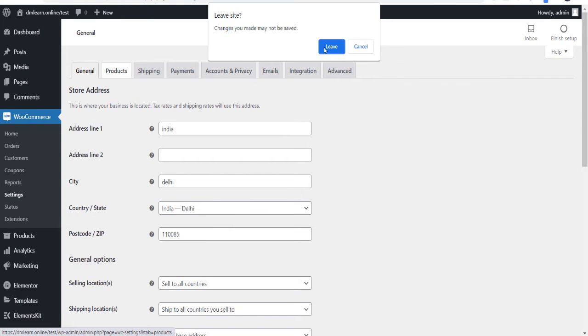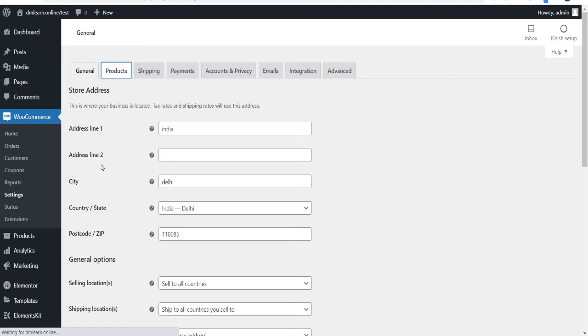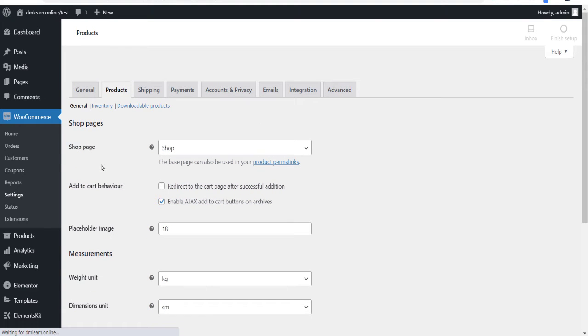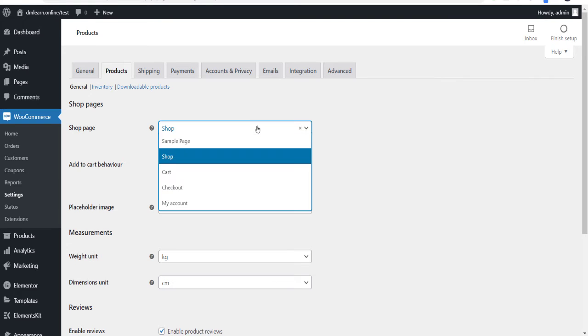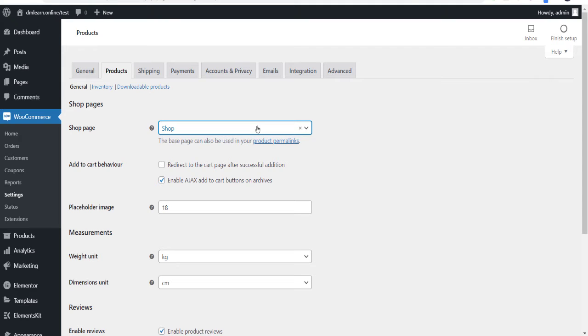Now go to the product section. In the product section you can see which kind of page you want to show. By default this is called product, and we will be learning about product permalinks also, like the website permalinks.